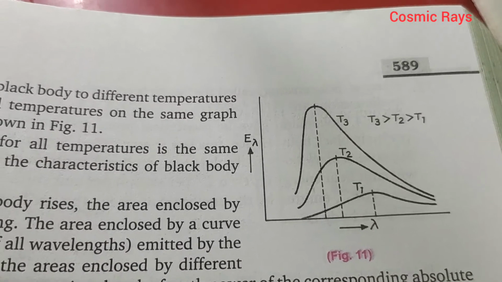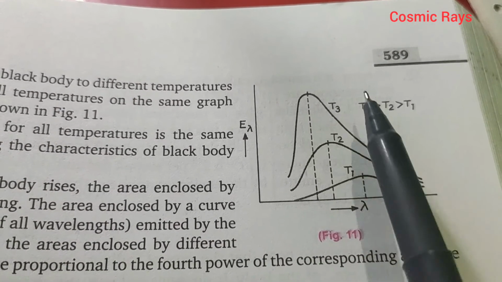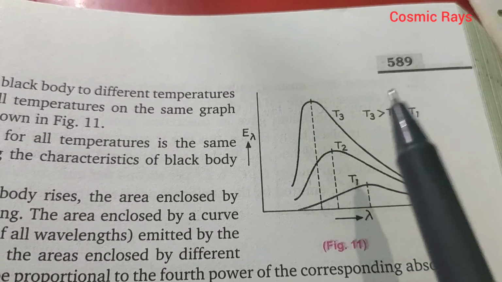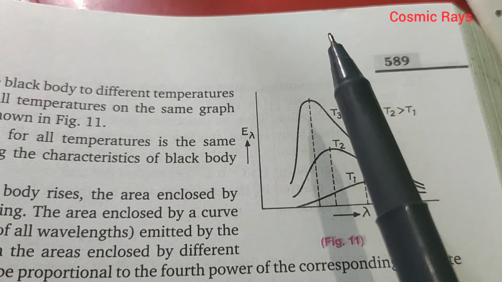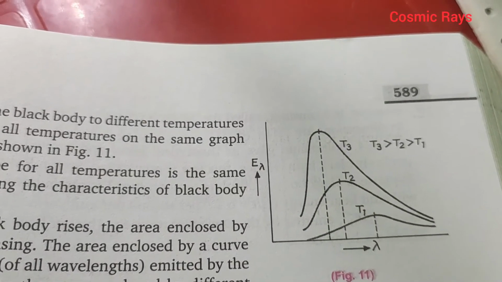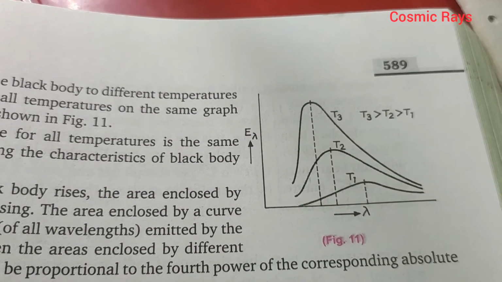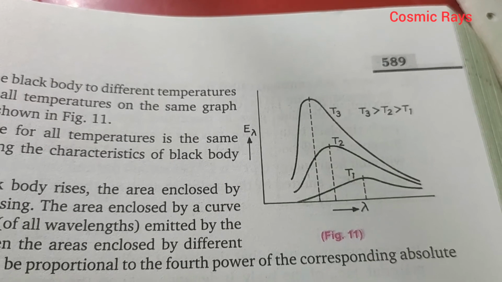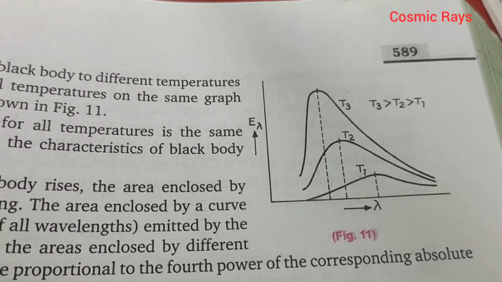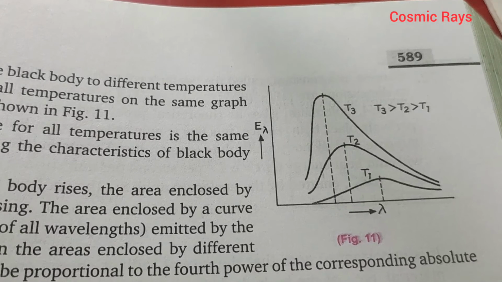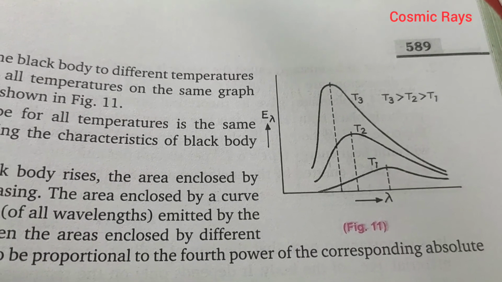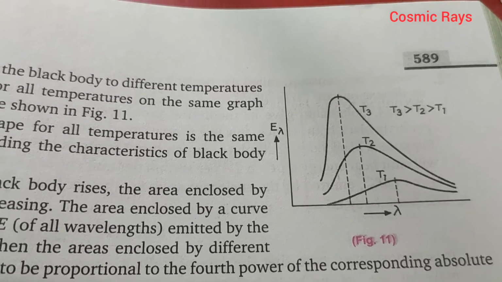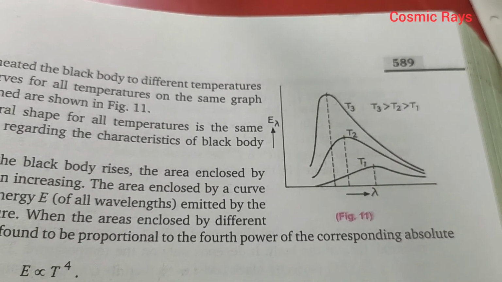So we can say that as the temperature of the black body rises, the peak of the distribution curve shifts or gets displaced towards the shorter wavelength, and this is what is Wien's law, which states that as the temperature of the black body rises, the maximum energy emitted radiation shifts towards the shorter wavelength, or we can write it as